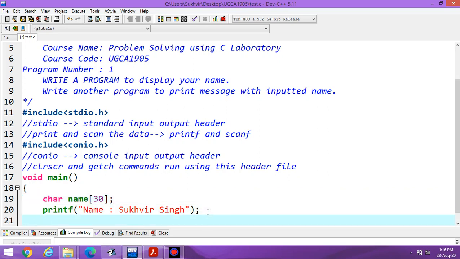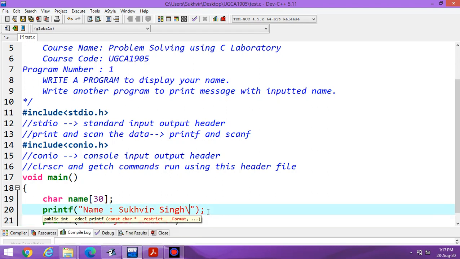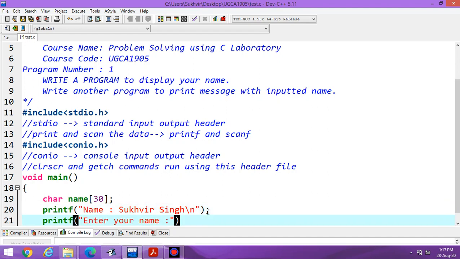Here I am writing printf, enter your name, like this. Here you can write new line, then semicolon.